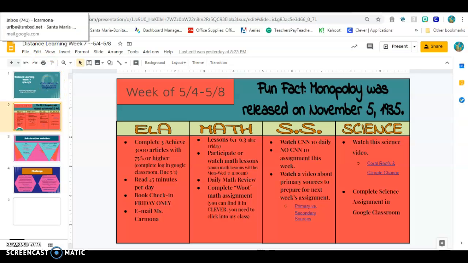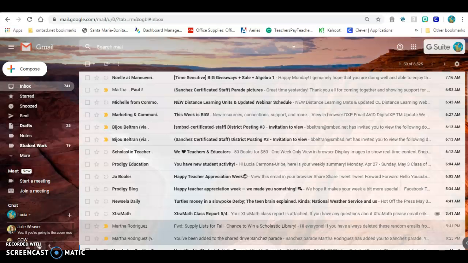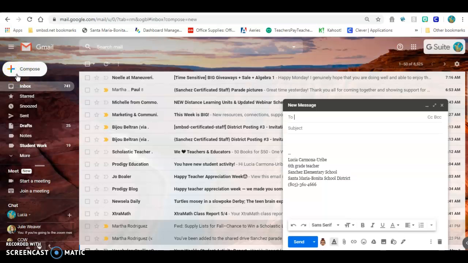You go to your email. Once you get to your email, it's going to look something like this. This one's mine. Here in bold are the new emails that I have, and the not bold are the emails I've already read. Look at all these emails she already has. In order to write an email, I have to go to compose over here on the left. So I'm going to click compose, and then a little screen pops up. I can make it bigger if I want, so I'll make it big.